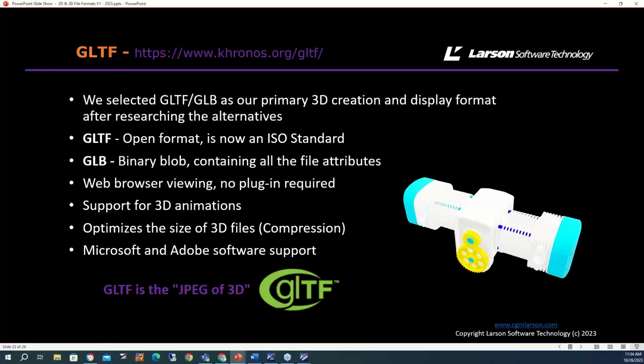So a bit about GLTF and GLB. This is our primary 3D creation and display format. And we did research quite a few different formats before settling on this one. It's an open format, and it's now an ISO standard, which is really key, I think, going forward. GLTF and GLB are one and the same format, but GLB contains everything in one file. It's a binary file, so it's much more user-friendly to